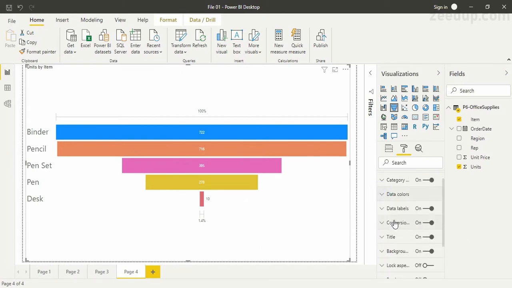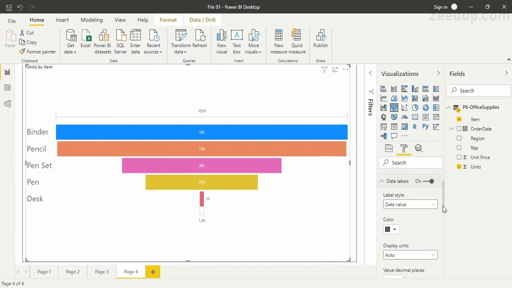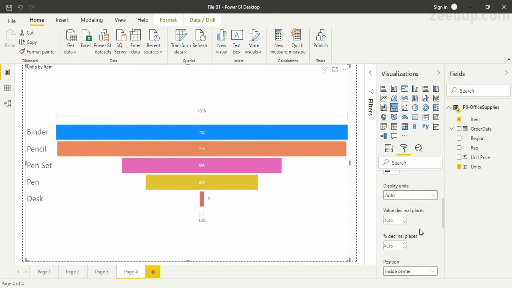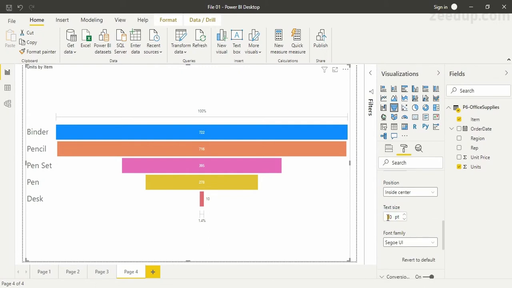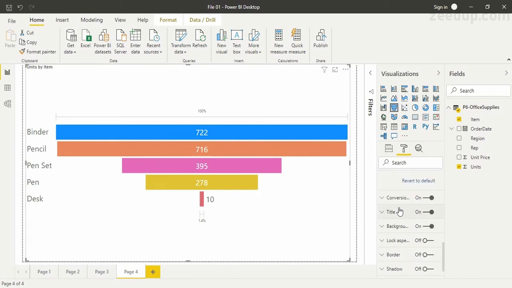Then we have data labels, which we are just going to keep as they are, right? Yeah, we can just change its size to say 22 points like this. Then we have